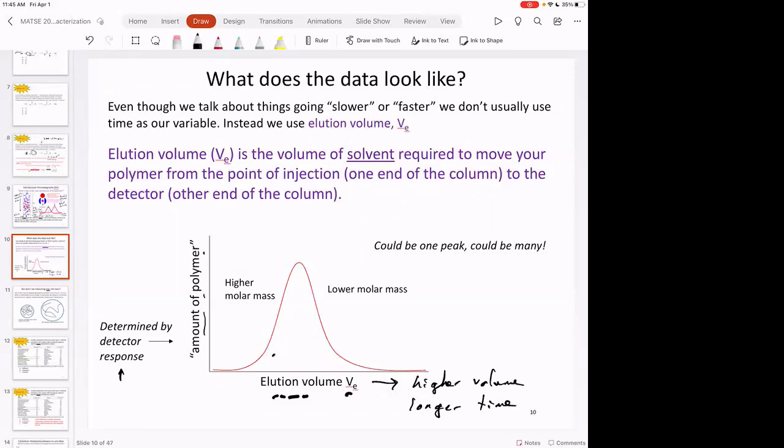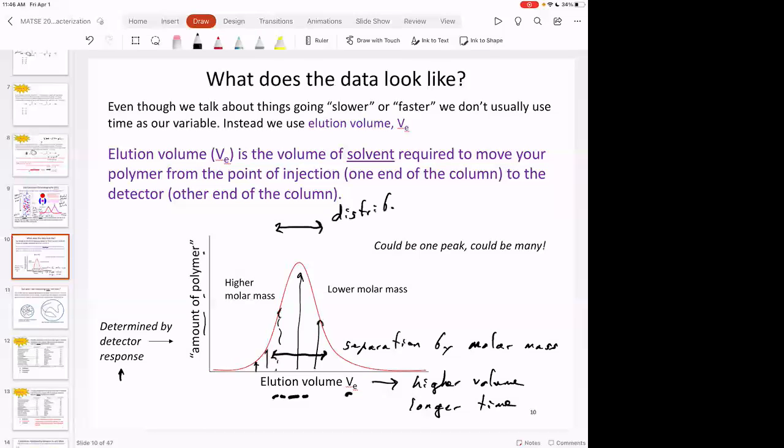So this peak is separation by molar mass. High molar mass comes out first, then things with the molar mass a little bit less come out next. Then things with the molar mass a little bit less come out here, etc., etc. So you get a distribution of molar